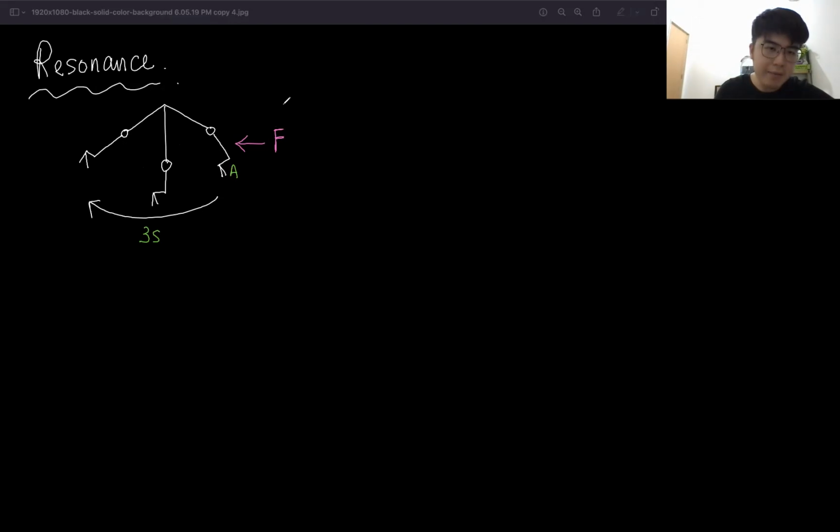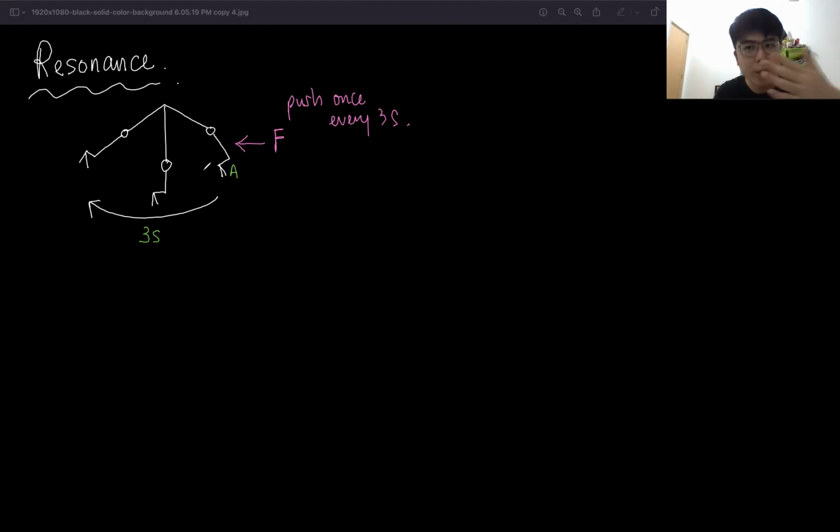So that means that every 3 seconds, push 1 time. Push once every 3 seconds. You see, you started here, every 3 seconds you come back. And the force is also oscillating, like every 3 seconds, push 1 time. Okay, so that means the force acts every time you are back at the original position, and every time